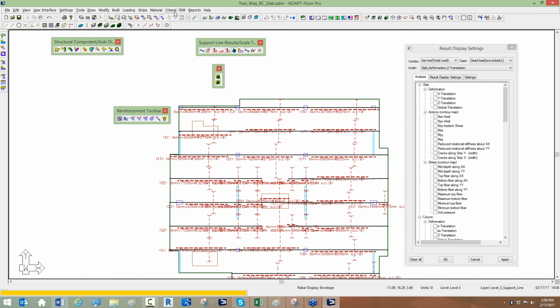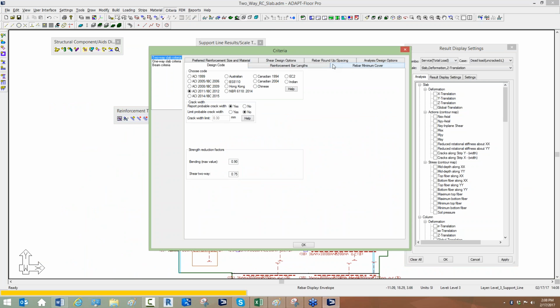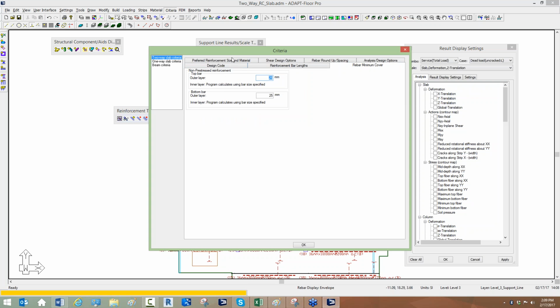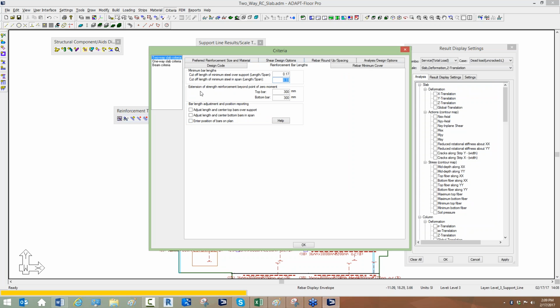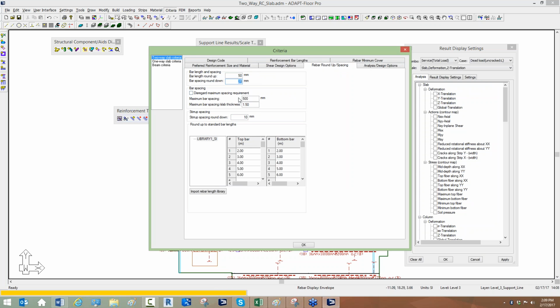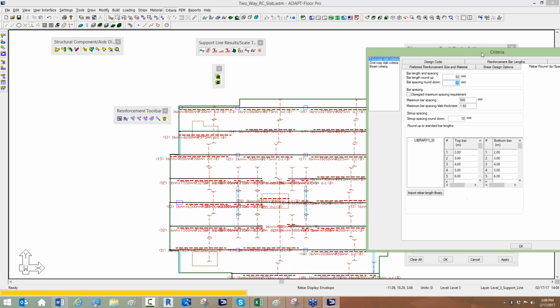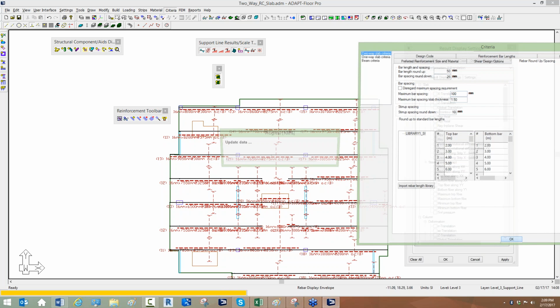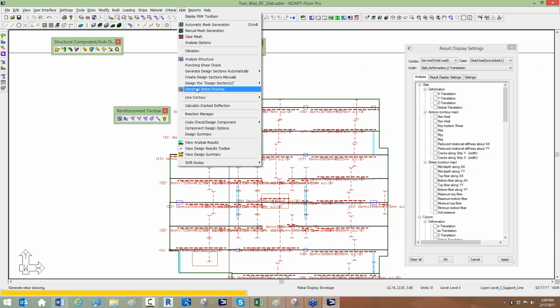What that means is that the criteria for the spacing check, if I go back to, where is it? Here we go. Bar lengths. Under the spacing, the maximum spacing requirement was about 410 millimeters. Because the outcome of the strength and service check was 275, this never kicked in and controlled. Now if I change this and say no, I need the spacing to be at 100 millimeters, and I go back and regenerate my reinforcing,